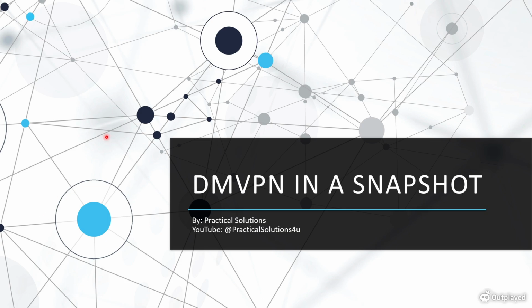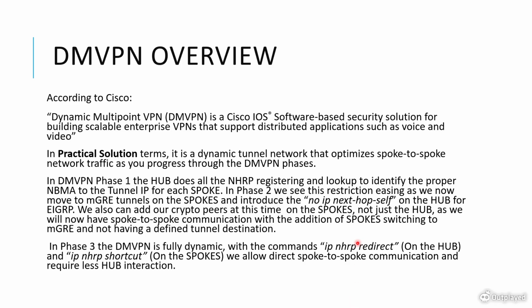My name is John, and today we're going to be going over DMVPN in a snapshot. So, DMVPN overview. According to Cisco, a dynamic multi-point VPN, or DMVPN, is a Cisco IOS software-based security solution for building scalable enterprise VPNs that support distributed applications such as voice and video. In my terms, I'm saying that it's a dynamic tunnel network that optimizes spoke-to-spoke network traffic as you progress through